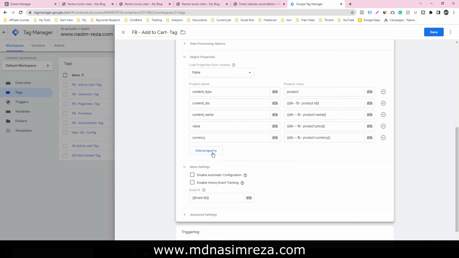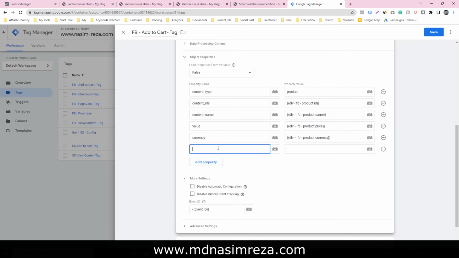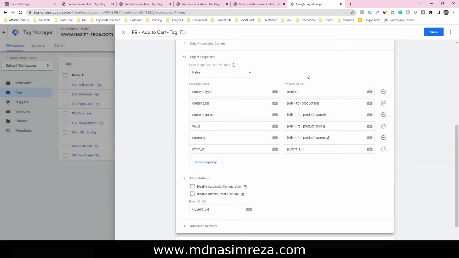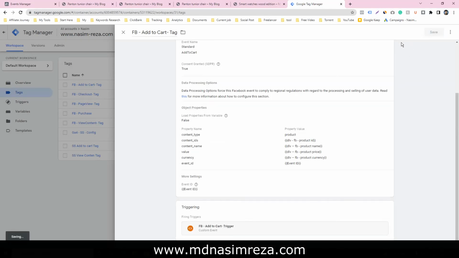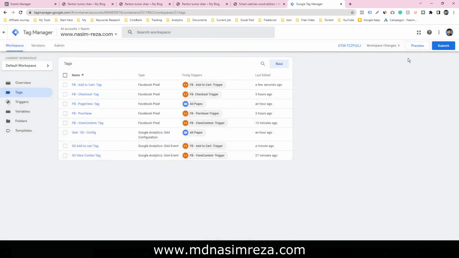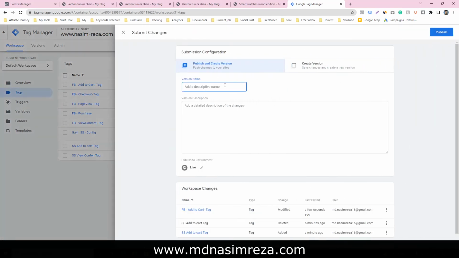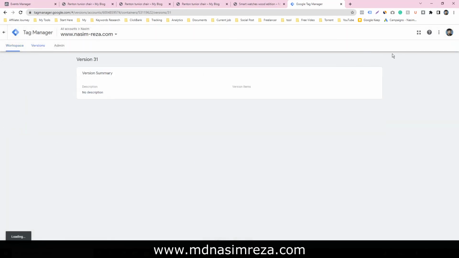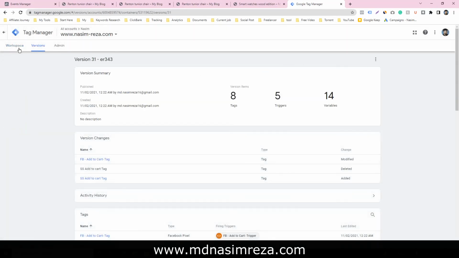You can also add it from here: paste it, event ID, and select the event ID. Save it and then submit it. You can input any name here and click on publish. So our add to cart for browser side is done.